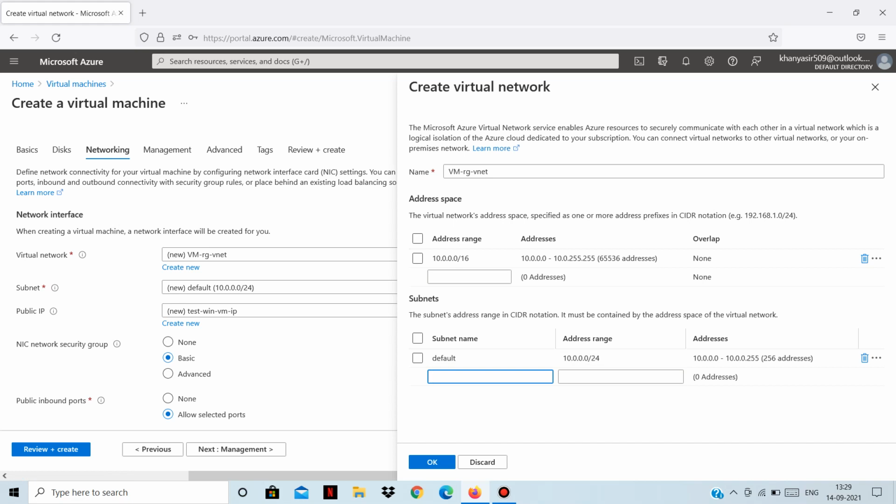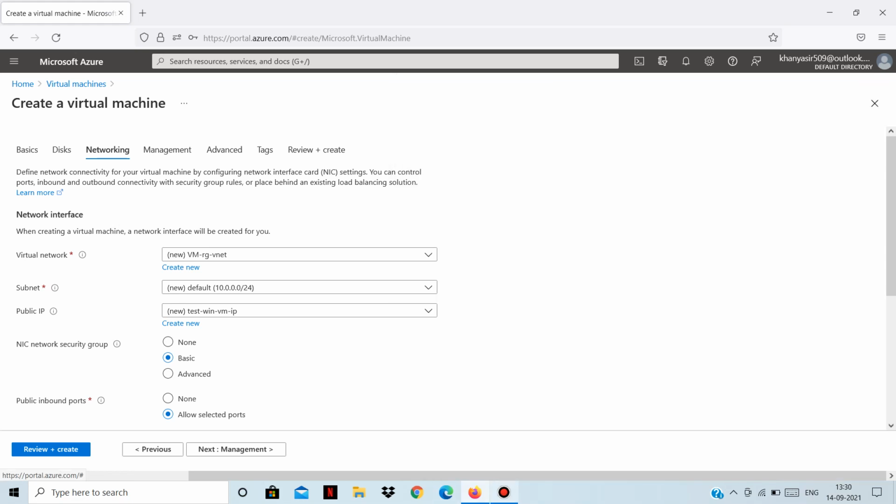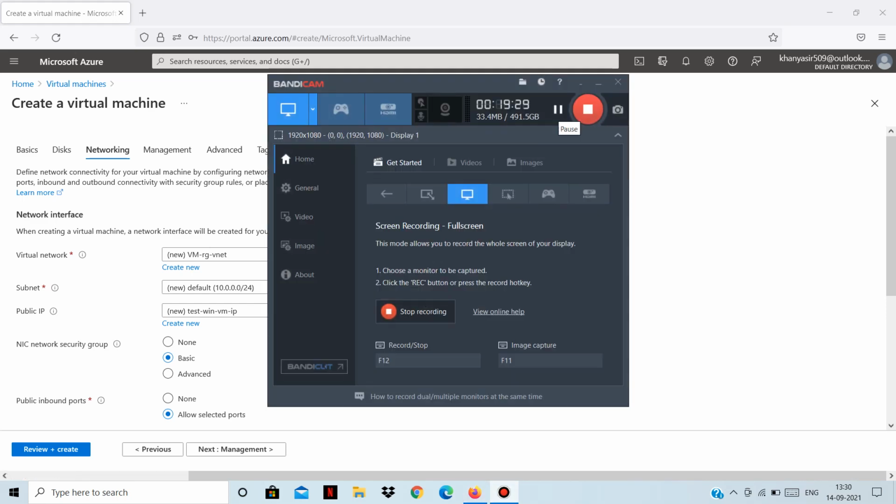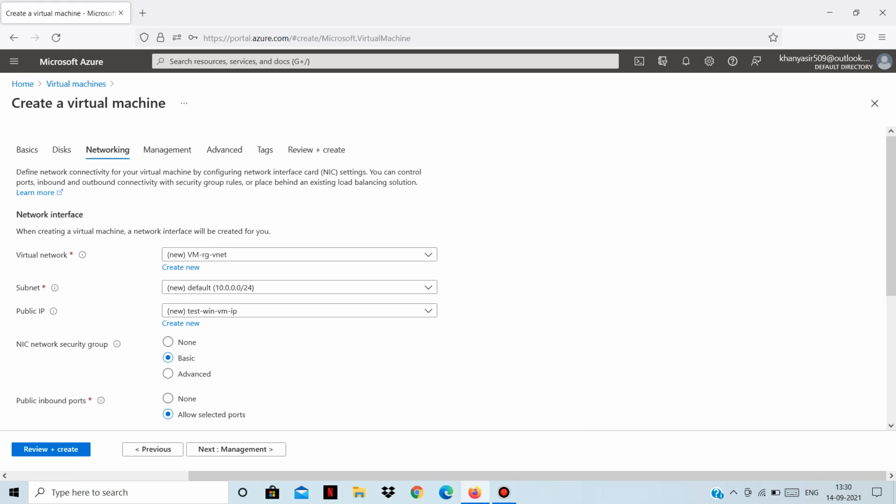This subnet is part of our virtual network, and our virtual machine will be allocated one private IP address from this subnet's range.